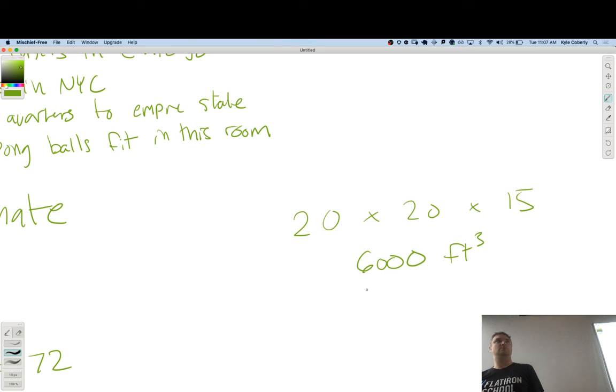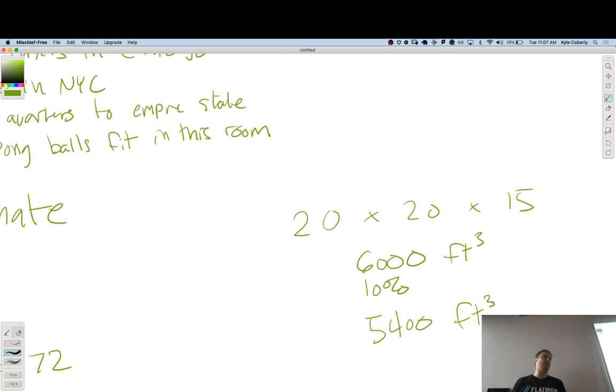Yeah, I'm going to go with 10%. You put them underneath the desk and around the desk. Cool, so that brings the actual available space down to 5,400 cubic feet.